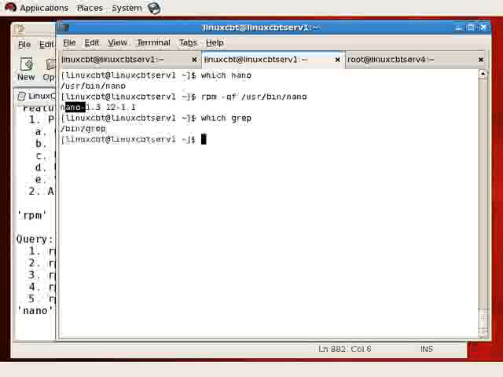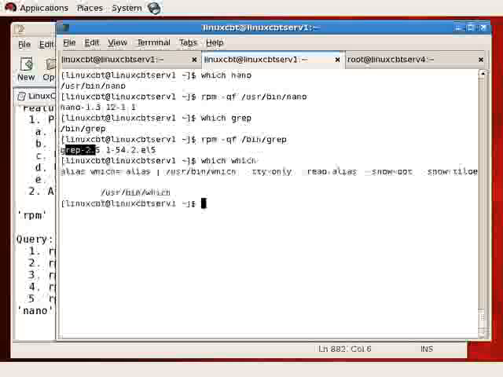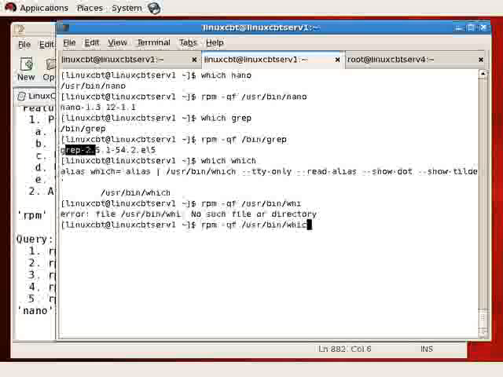Let's look something else up. Which grep, for example. rpm -q -f /bin/grep tells us that it belongs to this version of grep. How about the which command? Well, let's execute which, and it tells us it's an alias, but which is really located in /usr/bin. So rpm -q -f /usr/bin/which will tell us momentarily the membership, which belongs to a distinct package